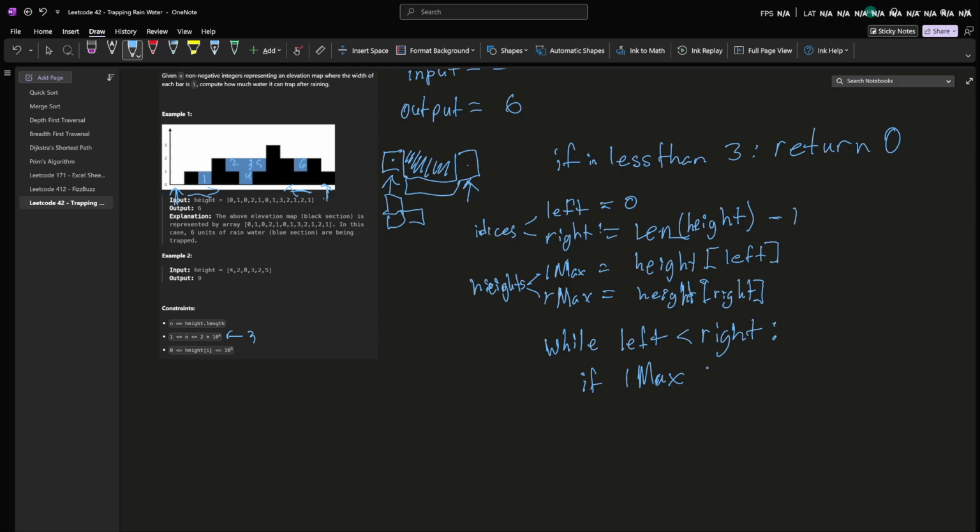Oh, yeah. So if the left is less than the right, oops. If the left height is less than the right height, we're going to want to